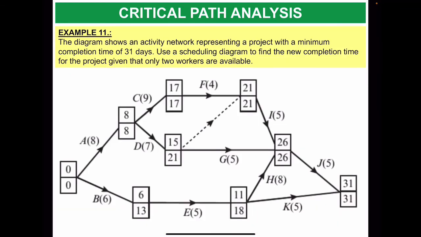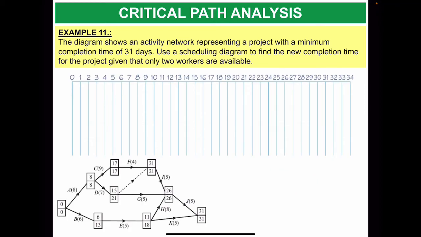So let's look at a similar example. Example 11 shows you the activity network. The completion time, you can see, is 31. That's the critical time for the project. And we need to use a scheduling diagram to find the new completion time for the project, given that only 2 workers are available. Okay, so I'm going to copy the activity network below here,